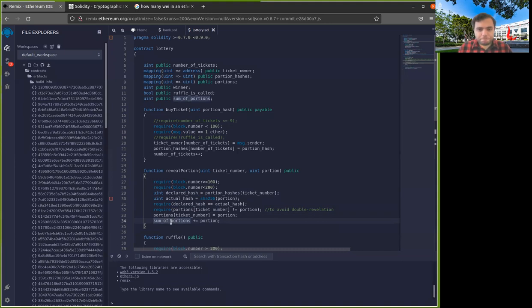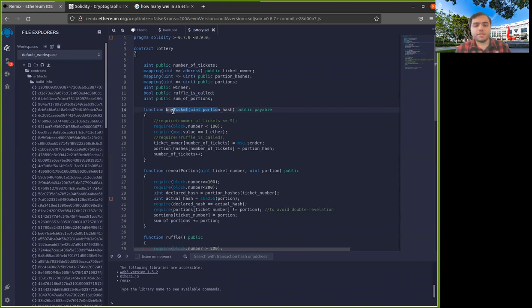So this is not good enough, right? How can we make it good enough? Well, we can increase the penalty. We can say that the penalty is much harsher. So, for example, one thing I can do is this. I can say, you take part in this lottery, and whenever you want to buy a ticket, you do 2 things.